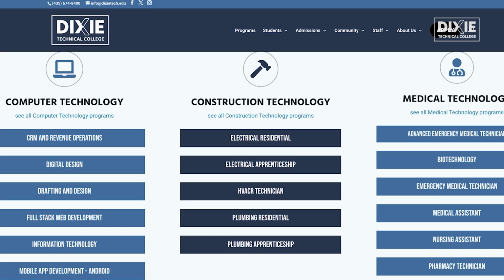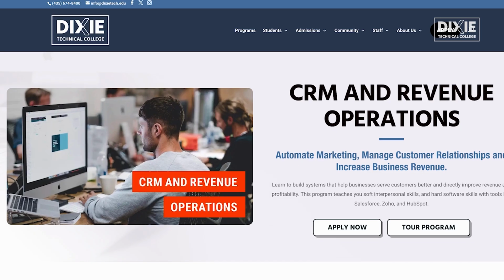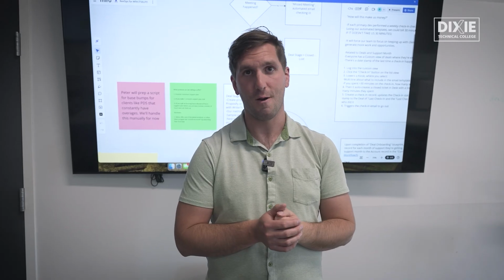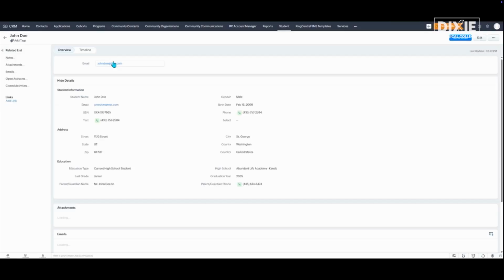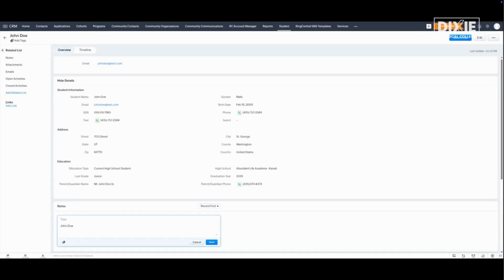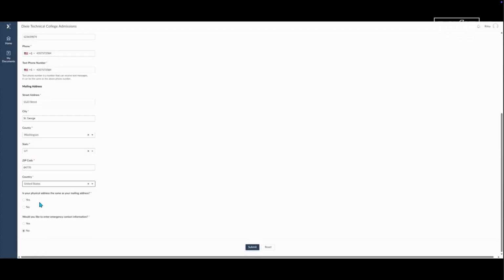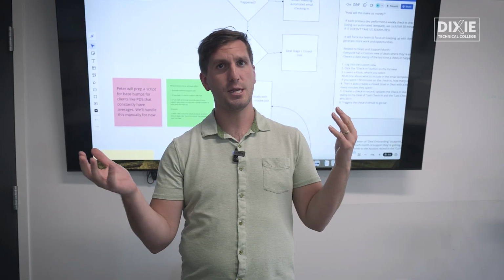And when you apply, you will fill out a Zoho Creator form. That Creator form will create you as a contact and an application record in Zoho CRM. You're gonna get an automated email, an automated text message, a link to schedule a Calendly appointment. You'll get a really friendly note from some human at Dixie Tech that says, hey, call me anytime, text me